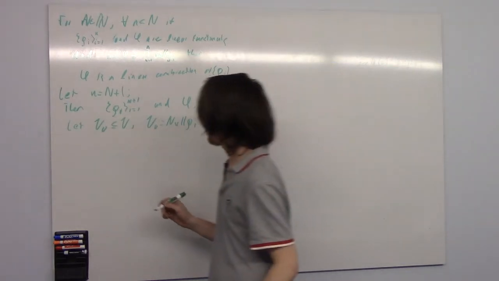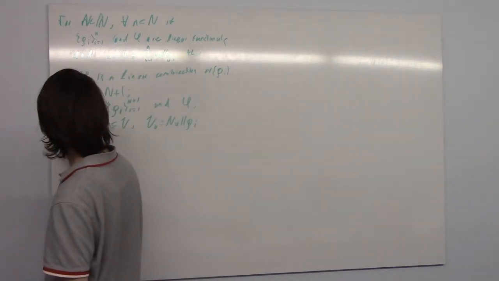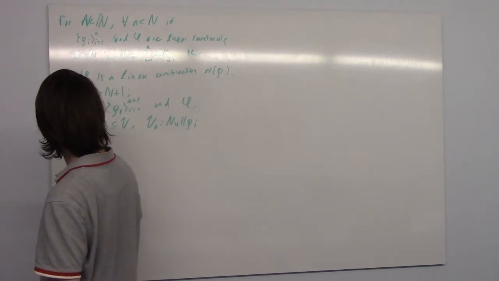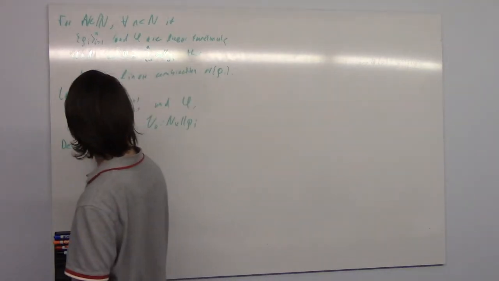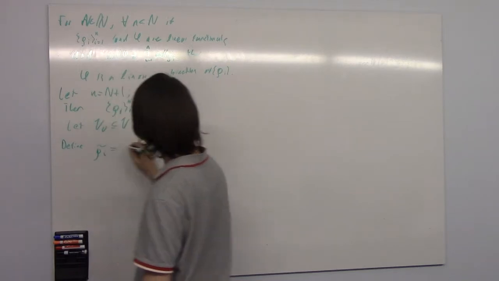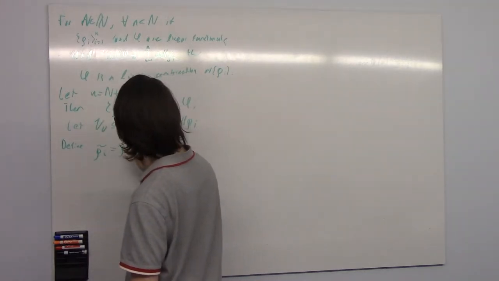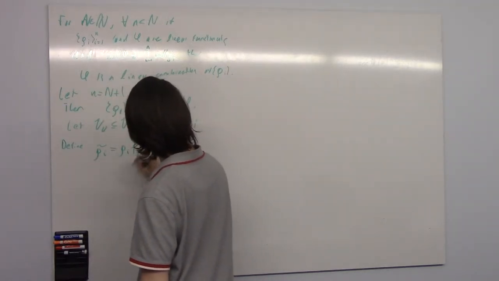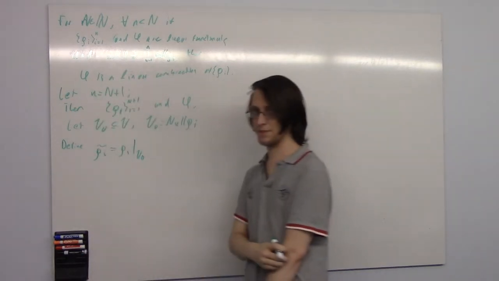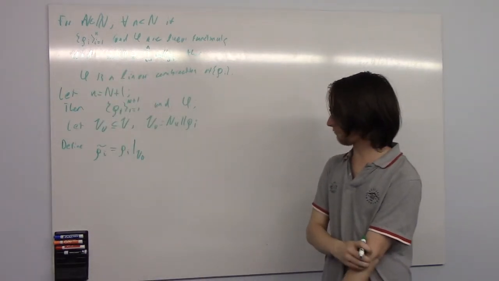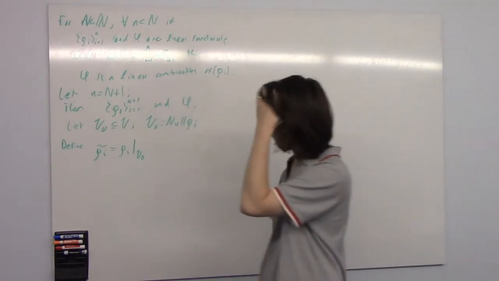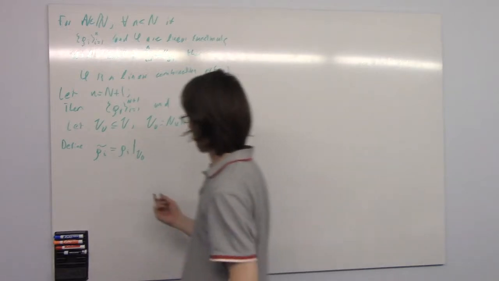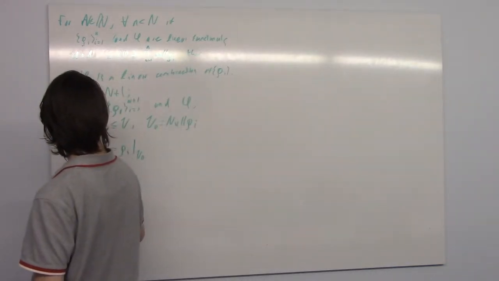Okay, we're going to define rho_i twiddle to equal rho_i restricted to V_0. So we're only going to look at rho_i's on V_0. Then